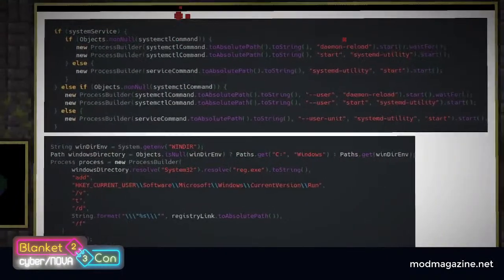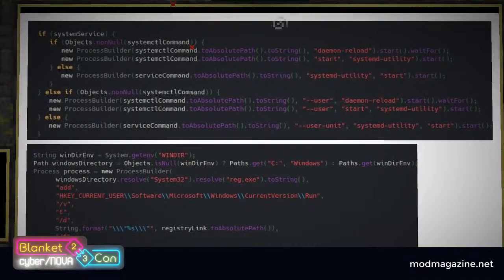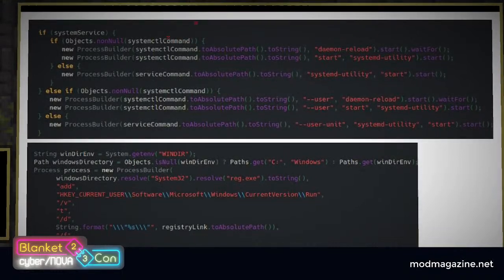Another notable behavior of Stage 1 is that it attempts to set the newly downloaded Stage 2 file to execute itself on startup, along with eventually running it directly. This is achieved by, on Linux, using systemctl, and on Windows, using the registry. However, on Linux, this is very likely to fail, as most users are not running with superuser access, and the command would query the user for process escalation. On Windows, this is much more likely to succeed, as the Windows reg.exe allows the user to edit their own user-specific keys without needing administrator approval to do so, allowing Stage 1 to silently set up Stage 2 to execute every time your computer starts.